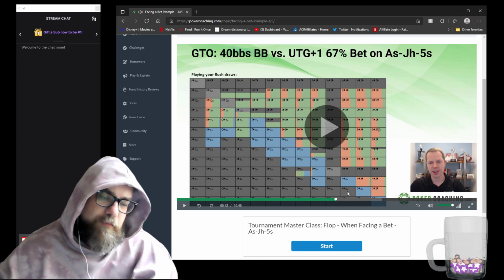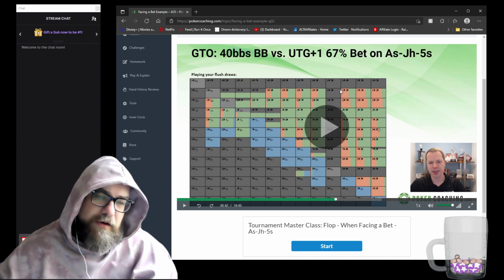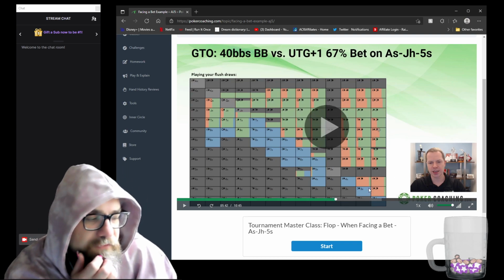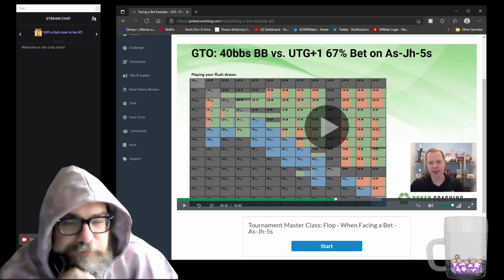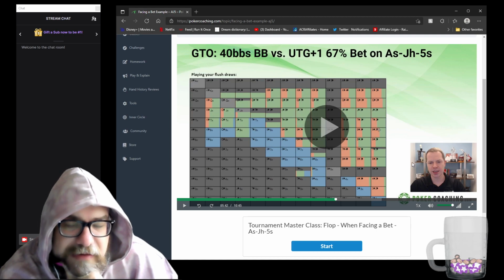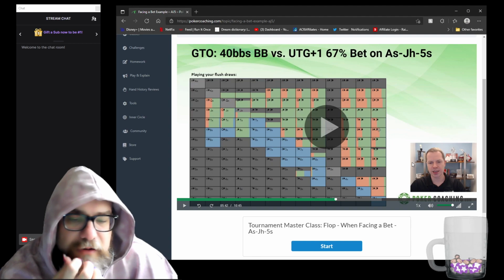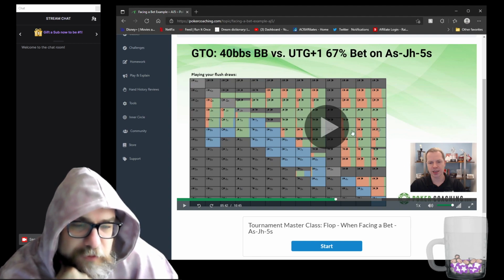Right, and these become more premium to me, even more so than the king high flush draw, because of the way that we get paid off when we fill the gut shot. I saw one video a while ago about how solvers react to things numerically. I think the reason why it's choosing